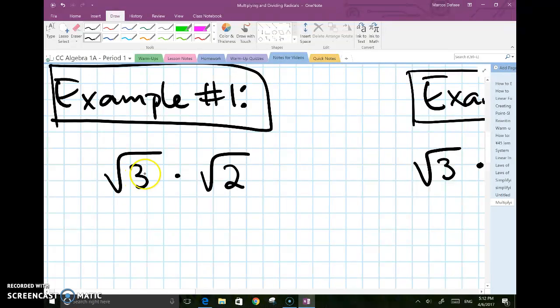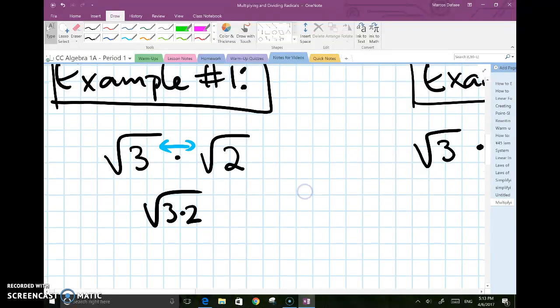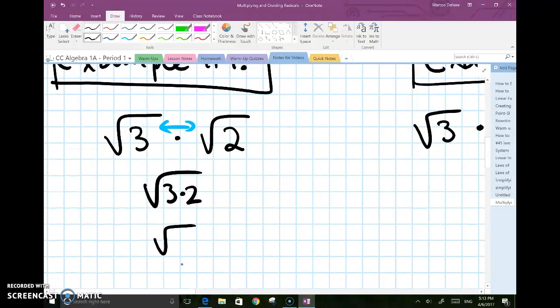So let me do a quick analysis here. Radical 3, not a perfect square. Radical 2, also not a perfect square. And because these are both prime numbers, splitting them will only give me the same thing I already have. So I simply multiply it together, which involves putting radicals 3 and 2 under one radical sign, and then I get radical 6. And that would be my answer. Okay? In example 2,